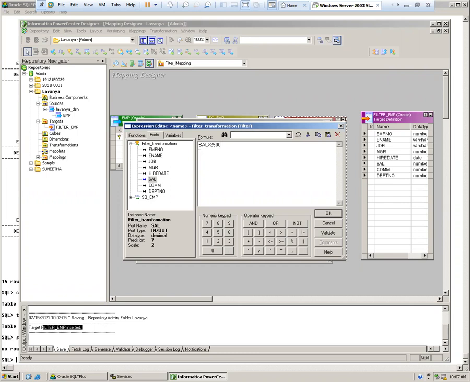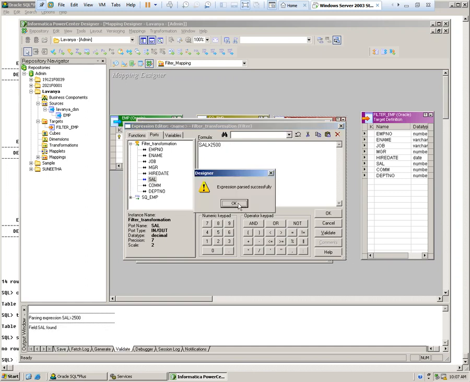So I put my formula here in the ports tab. I click on the ports tab and I click on the salary. Immediately it comes here, or you can type, right? Salary greater than 2,500. After giving your condition here, what kinds of filtration you want to apply, then I can go for clicking on